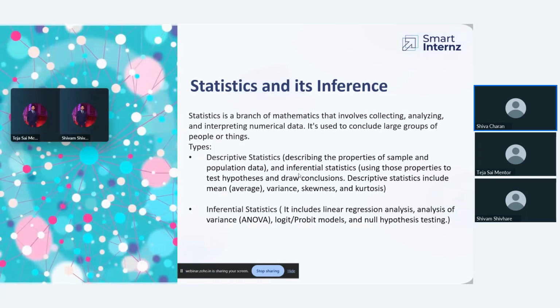So here we get to see the terminologies like sample and population data. What are sample and population data sets? Now I'll be explaining. Population is nothing but the entire data set. And coming to sample, it is the observations drawn from the whole data set, meaning the rows which you are drawing from the entire data set.